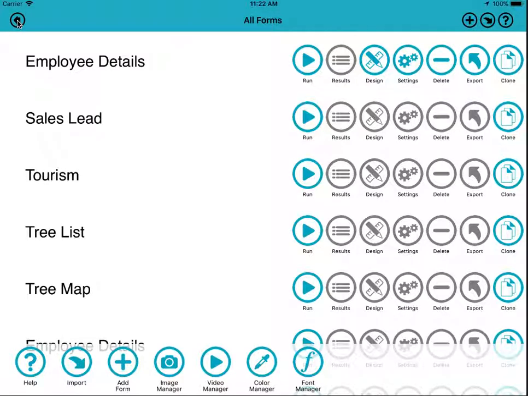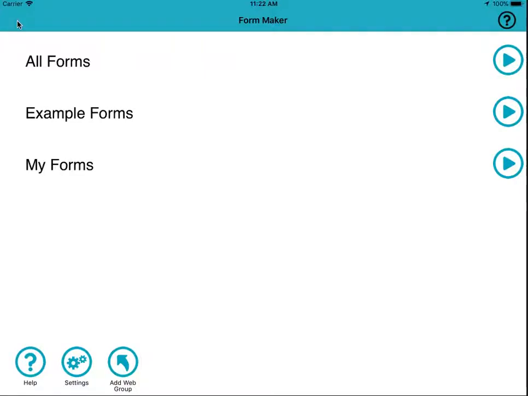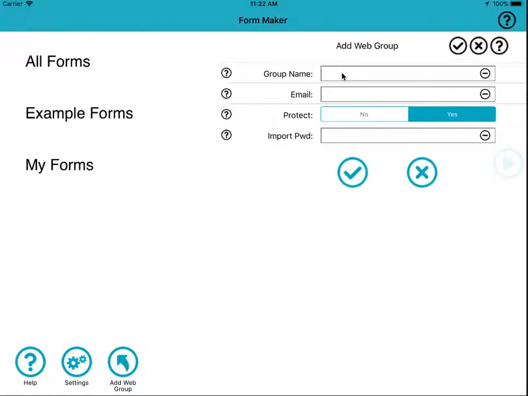Now obviously that's just the public groups, and you'll probably want your own group. So if you go back to the base menu in FormMaker, you add your own group using this little button down the bottom called Add Web Group. And if you click on that, it asks you for a group name. So if we call it Test1, we've got to supply an email address, and you can only create one group per email address. So we'll just create one of those,